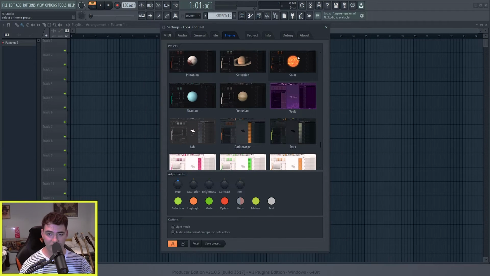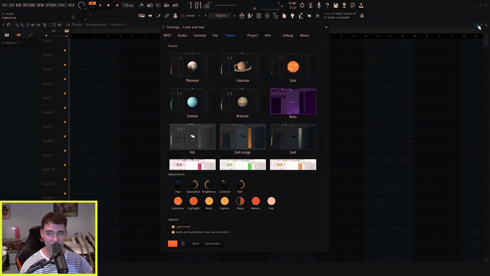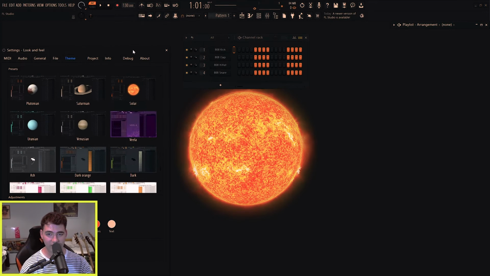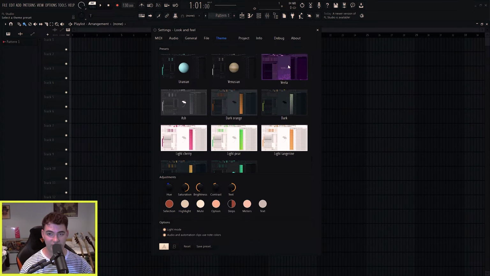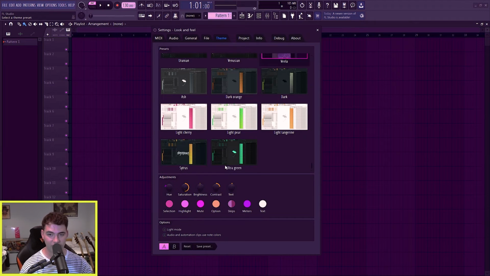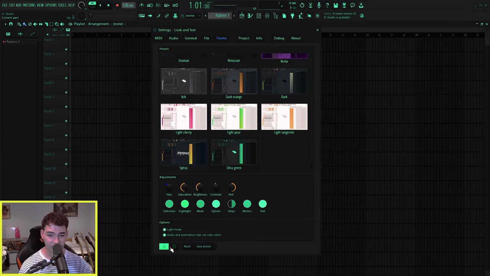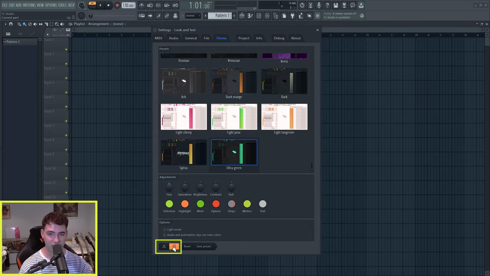want. I'm just going to click on solar, for example, and just so I show you, if I go like that, you can see that there's a background of the sun, which is really cool. I can just choose any of these and go for a completely different look. I quite like this one, and what's really cool is you also have the A/B feature at the bottom, so